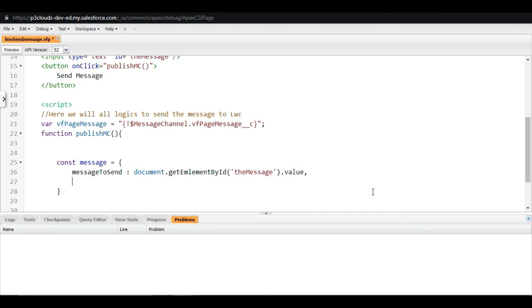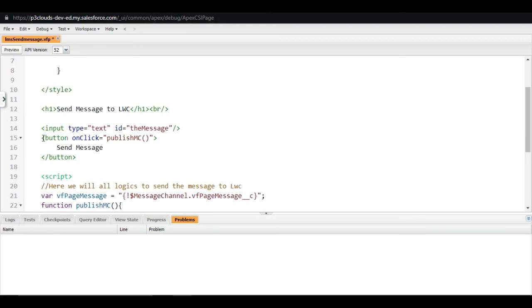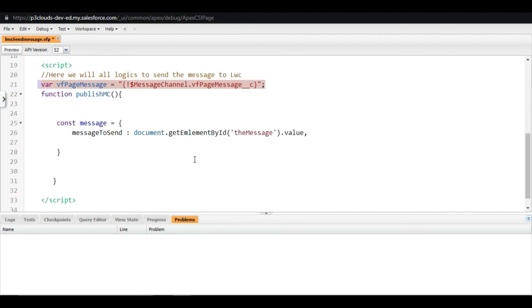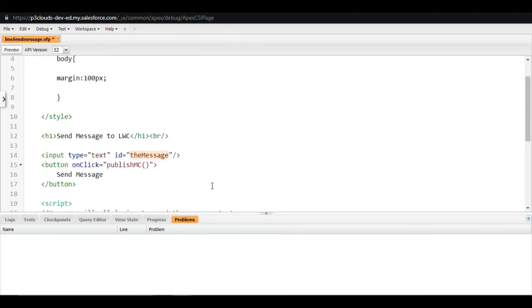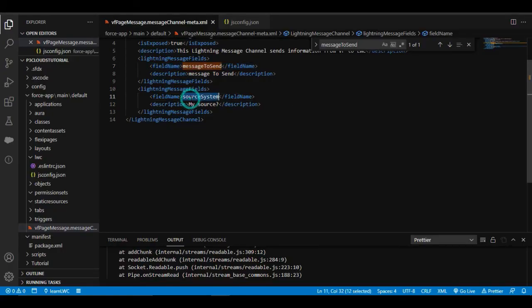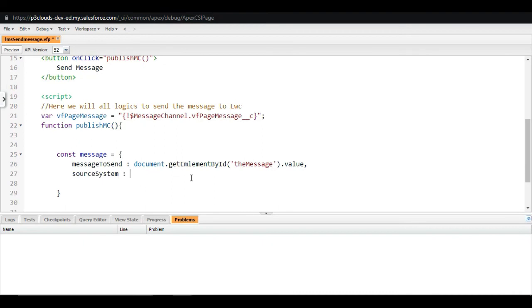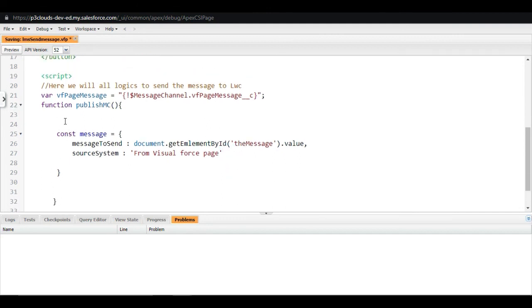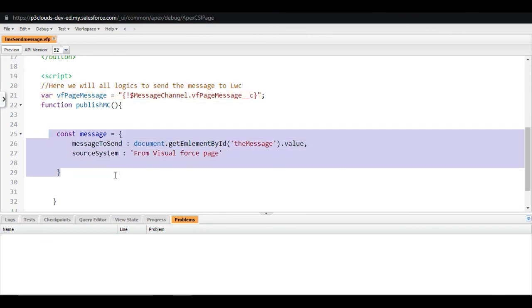What exactly it is going to do is take the value of this input box, and then we have another field, and that field is called source system. I'll copy it, and here also I'll define some static text. I'll name it From Visualforce Page, and now I'll save it. So now we have this global variable VF message, and we have this message.